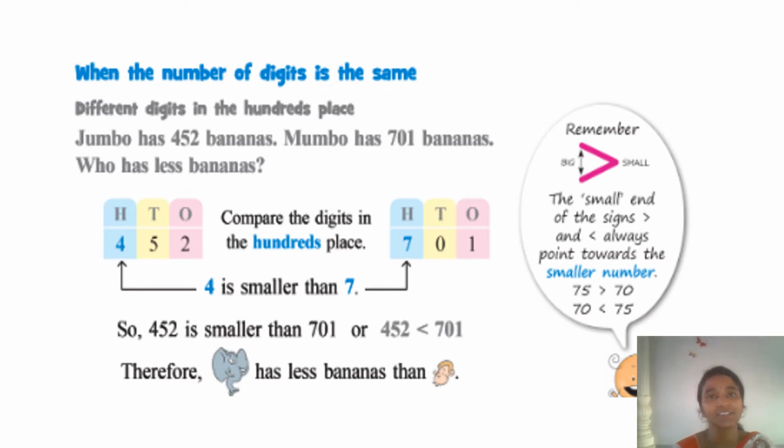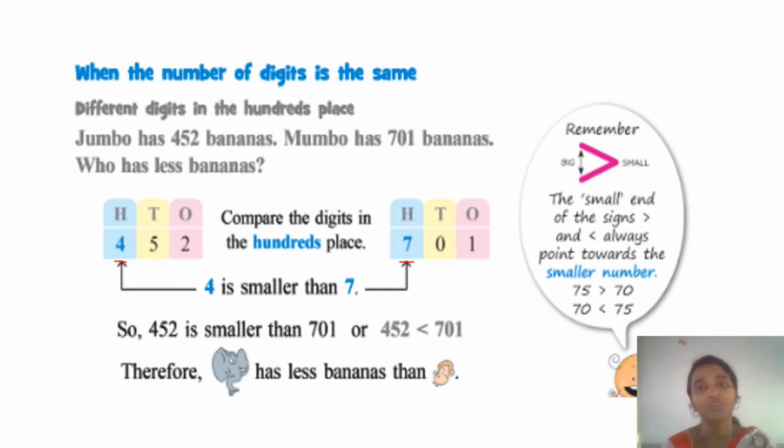You can compare numbers when one is a 2-digit and one is a 3-digit number. What will happen when the number of digits is the same? Means when the two given numbers are both 3 digits, how will you compare which one is smaller and which one is greater? In such cases you have to see the number in your hundreds place. Whichever is more will be your greater number, and whichever is less will be your lesser number.